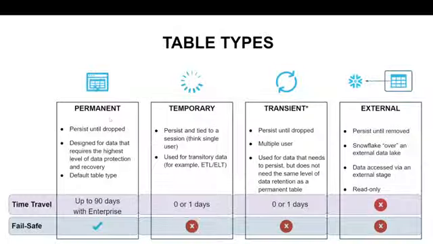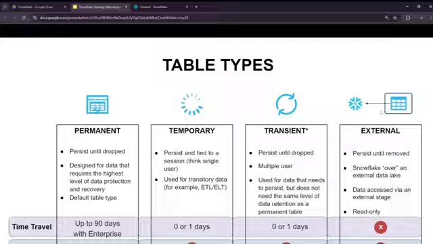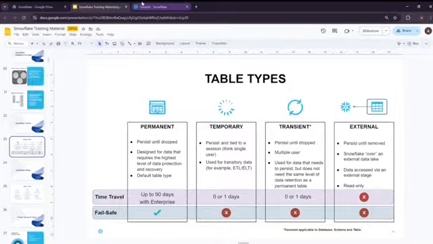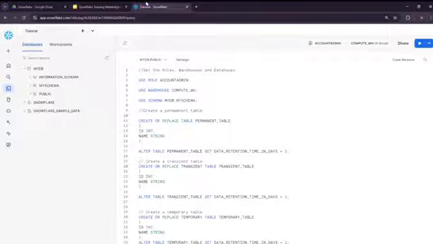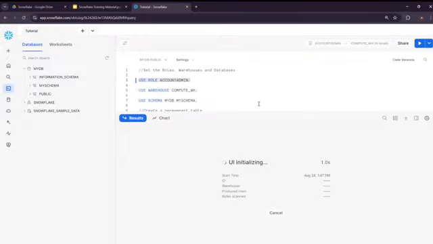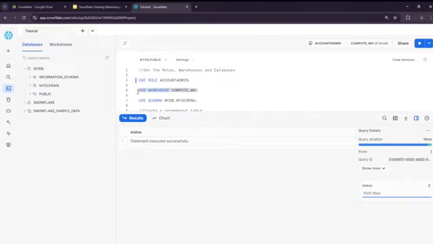Let's see how we create permanent, temporary, and transient tables in Snowflake through SQL statements. We will take up the external tables in upcoming videos. To create that, let's log into your Snowflake account and open a worksheet. Here, first we are going to set up our role by running this use role accountadmin statement. And we are going to set up our warehouse, which is the compute warehouse,